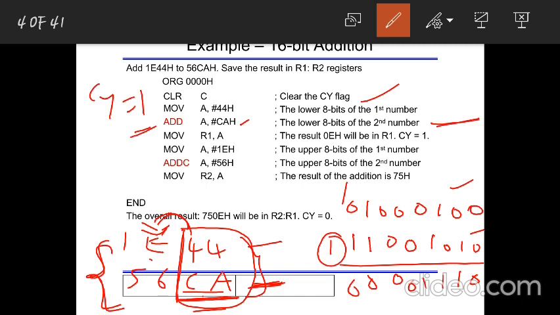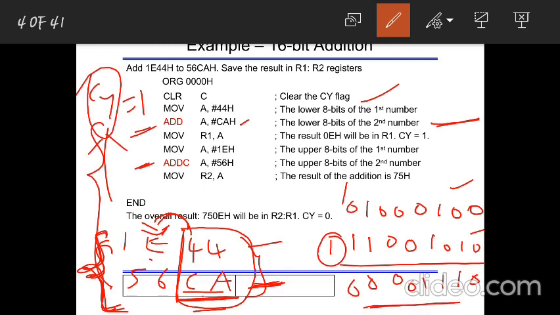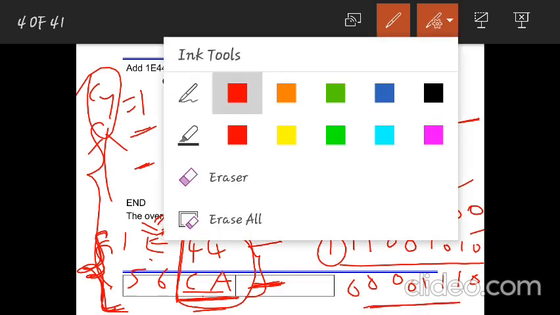Okay, is that fine? So now next what I need to do is add these both plus this carry. So this 3 I need to add. So to add that, I am taking this instruction, because ADDC means it will add these two numbers with the carry. That is the meaning of that instruction. So I have such an instruction. So I will directly write ADDC. So now before writing that, first we will store this value, as I will write that value somewhere and keep it.